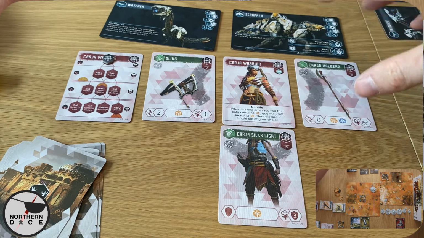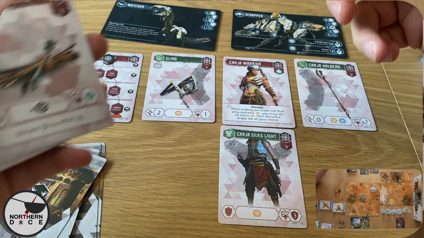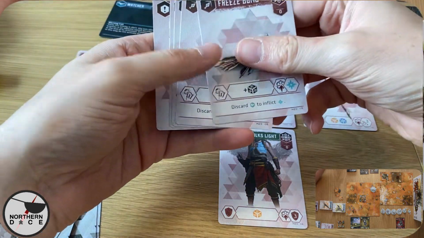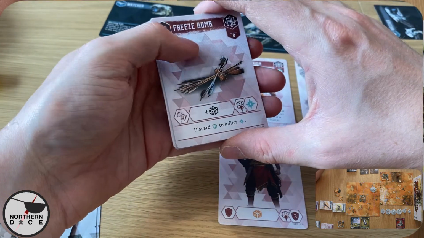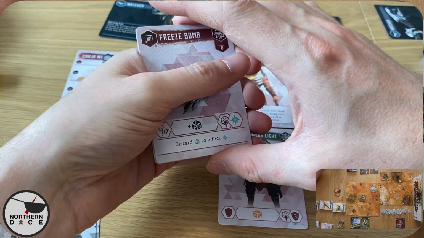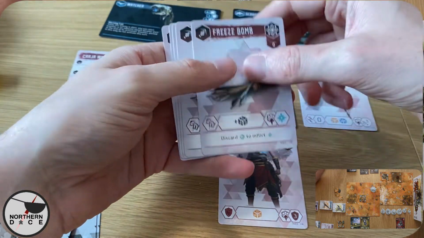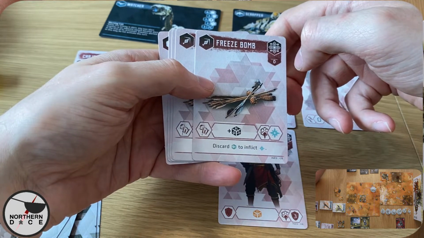We are more centred on melee. Our Sling is lovely, but more around doing effects to enemies. And I'll talk about those as we go, because this is not how to play it, this is just my experience whilst playing. So, let's get cracking. Our Karja warrior is hiding in the grass currently. I have got some freeze bombs. I am thinking it could be very wise to...